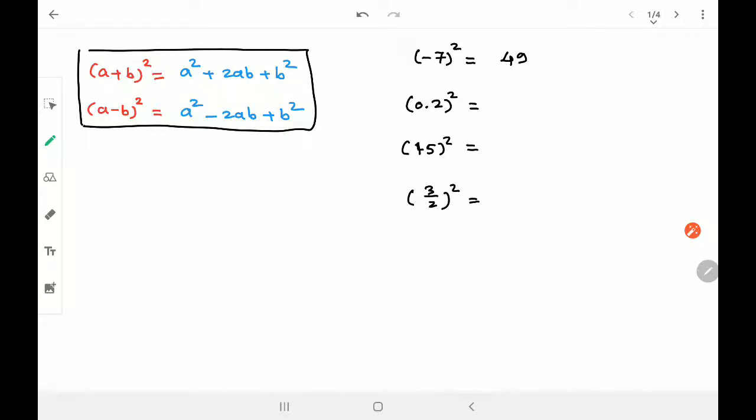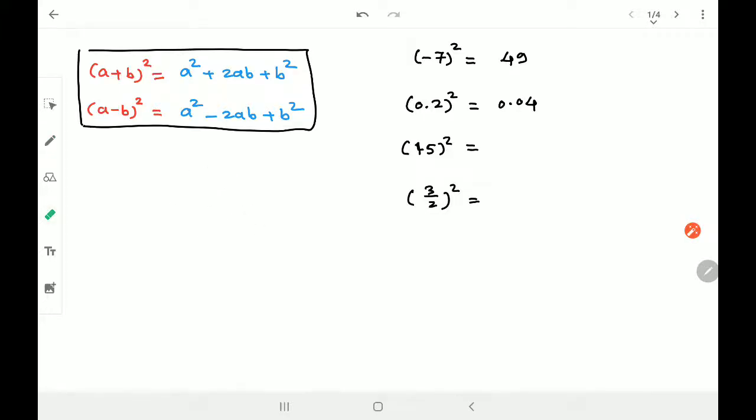At the same time, the square of a decimal, how to find out, that we need to know. So I told you already, it is 0.2 into 0.2. So 2 into 2, that is 4. And how many digits are there after the decimal point? Those many number of digits should be there in the product as well. So 2 digits here as well, and the answer is 0.04. This we have already discussed.